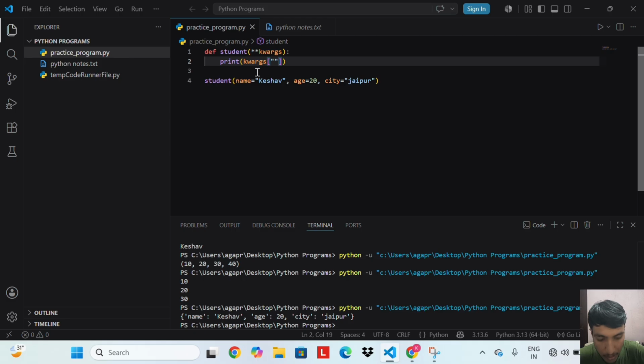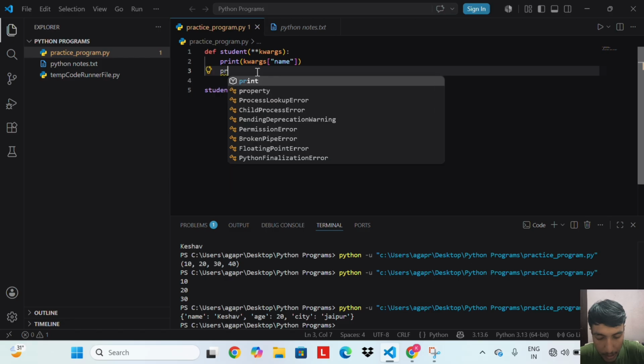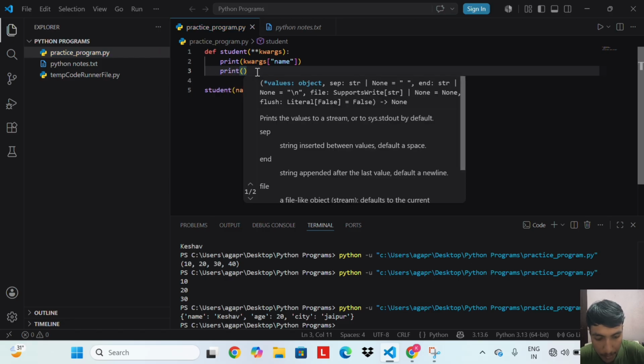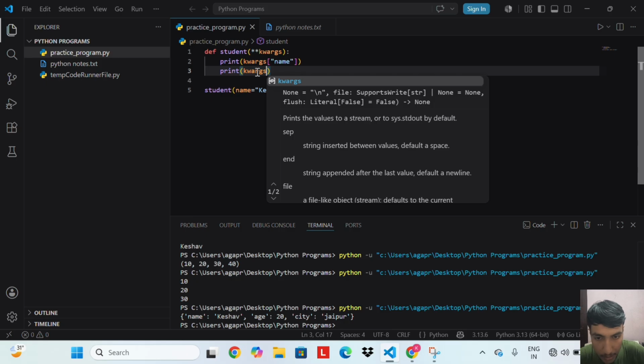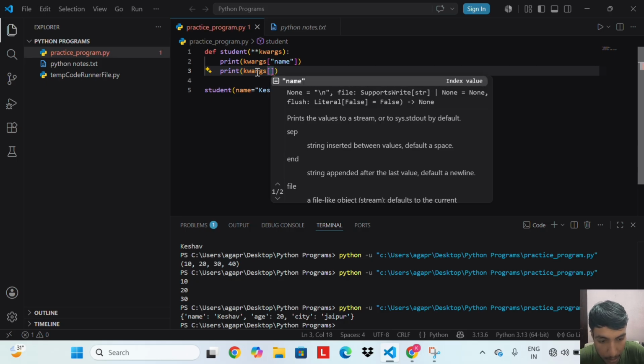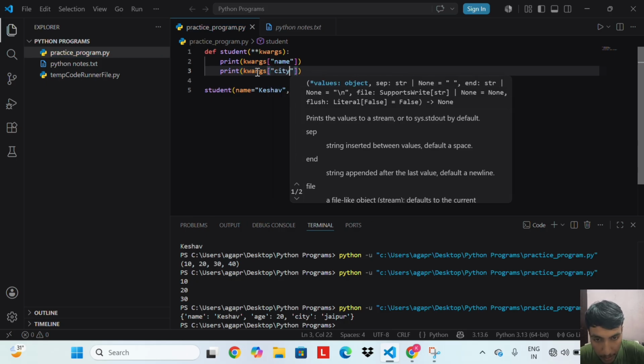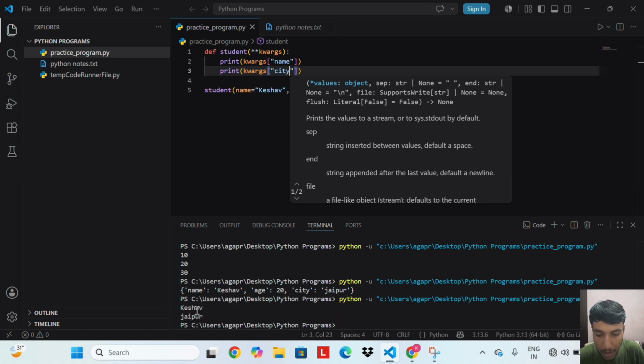Print kwargs['name'] and print kwargs['city']. Let's run this code. We get Keshav and Jaipur.